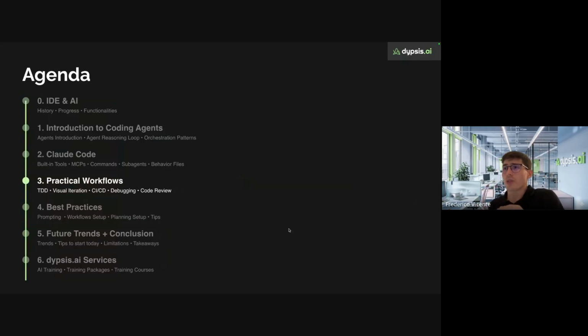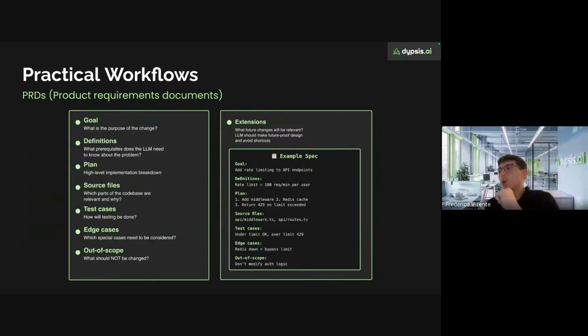So now I'm going to talk about common workflows that normal people follow when using these systems. It's very important when you are using these agents to make thoughtful plans. You should really strive to spend a lot of time on this concept of PRDs, product requirements documents. So you should spend time really thinking about the specifications of what you want to build, and provide clear guidelines and the libraries, dependencies that you need.